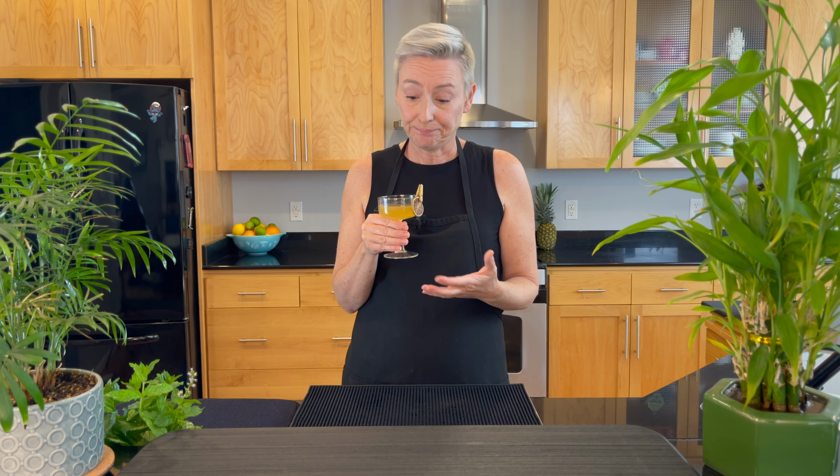but this does follow the guidelines of the bee's knees or even the business, which I have a video for and you can watch. It's honey forward and sweet, but it's not overwhelming, and it doesn't have an overwhelming through the nose alcohol element either. It's really smooth actually. It's a really easy cocktail to make in my opinion,